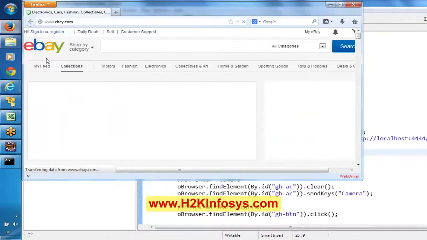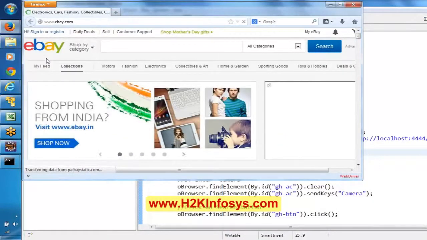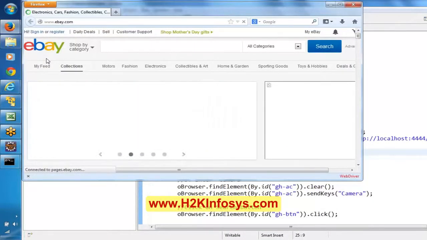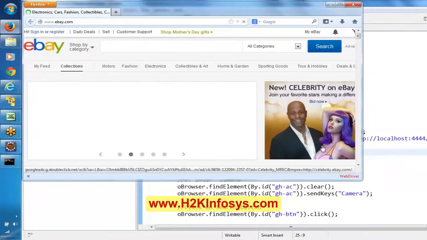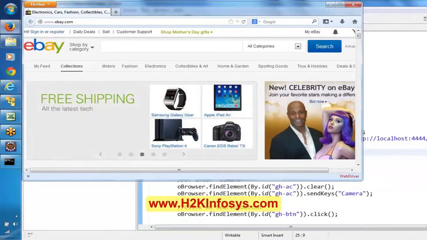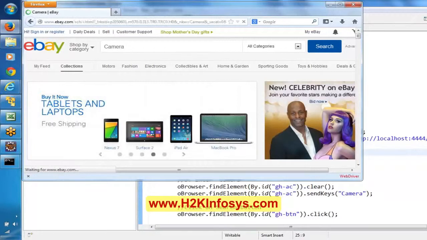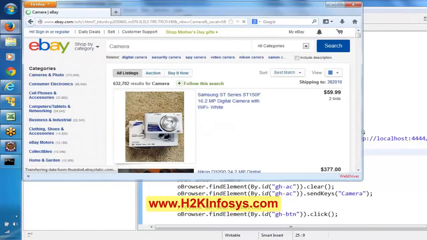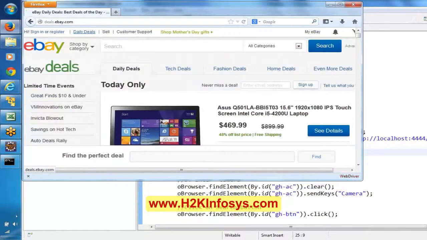Okay, now it seems it is open. It's a bit slow, maybe probably because of my machine. Basically, it will not take this much time. Now, can you observe here? It is a Selenium WebDriver. Now it is opening the browser and it's going to do a search here in my local machine. Okay, now it is done.